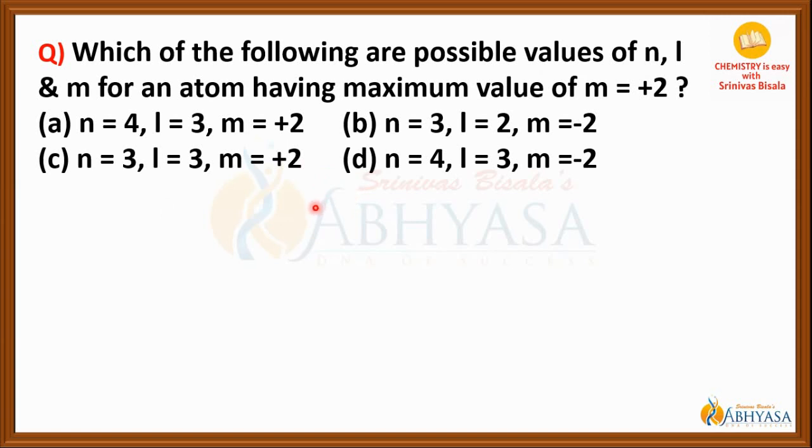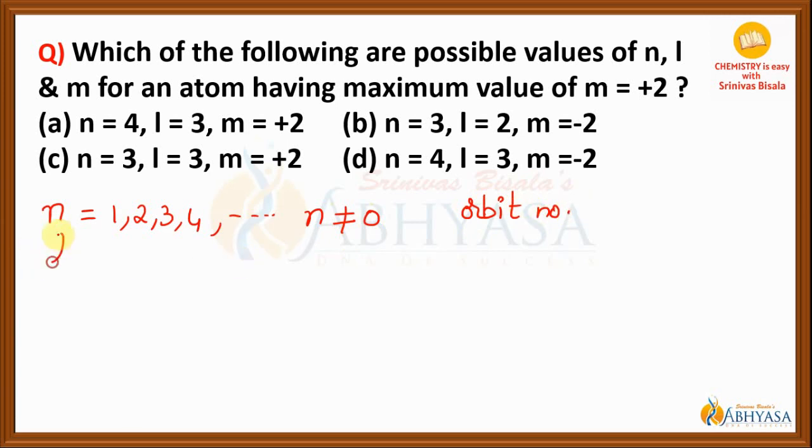Before solving this, let's understand the various possible values for all these quantum numbers. That is principal quantum number, azimuthal quantum number, magnetic quantum number and spin quantum number. Now, the principal quantum number, which is represented by n, can have values 1, 2, 3, 4, etc. And remember, n value is never equal to 0 and that will be a wrong combination. This principal quantum number will give you the orbit number or the energy level to which the electron belongs.